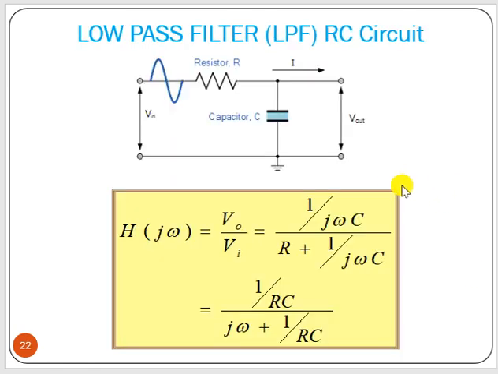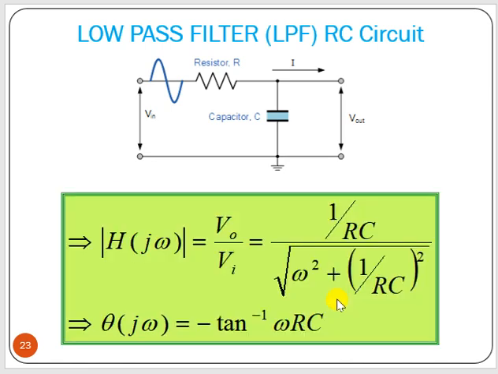Now say RC filter. Now RC filter, in that case what happens? We have R and C here. So now we have to find out V out. V out will be equal to 1 by j omega C divided by R plus 1 by j omega C, into Vi. So Vi I can take to the left hand side. Then we will get this particular expression if we put j omega.